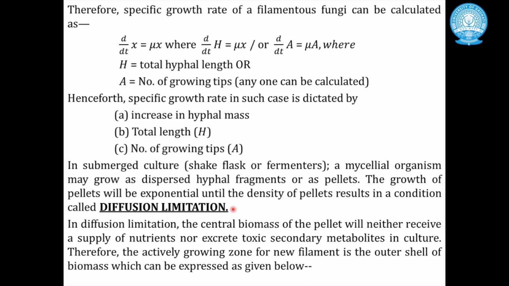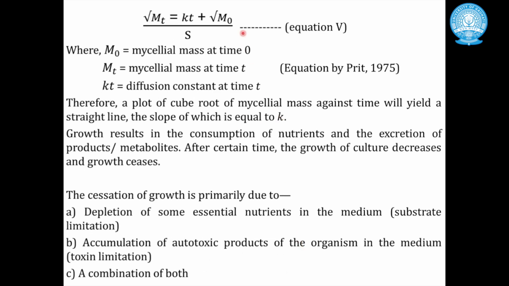the products. In diffusion limitation, the central biomass of the pellet will neither receive a supply of nutrients nor excrete toxic secondary metabolites in culture. Therefore, the actively growing zone for new filament is the outer cell of biomass, which can be expressed as below. And this has been suggested as such. You can go through this